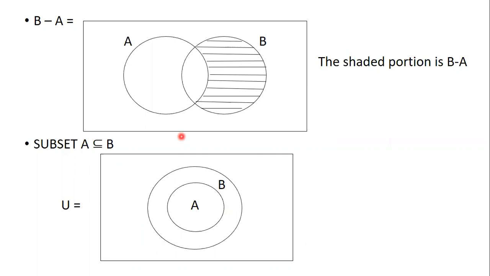Okay, we have set B. Yesterday I gave an example. Set B is 1 2 3 4 5 6 7 8 9. So that is a bigger set. Now when I say set A is 1 2 3 4 5, then I am supposed to write those elements of A in the inner circle, and whatever is of B has to be written in the outer circle. Okay, so that is your subset.